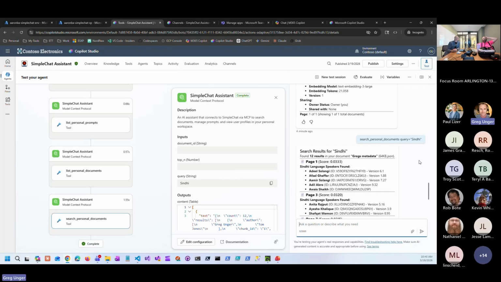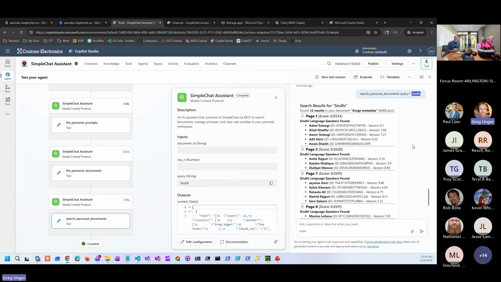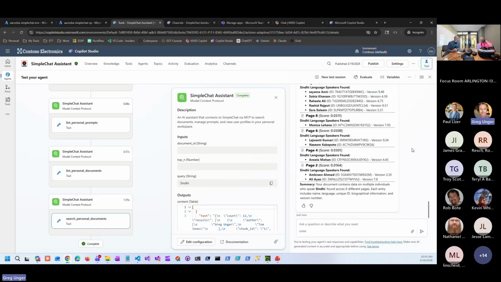So you'll see here's my result. And this is basically all the different documents where it's finding Sinhi, that keyword, and it's ordered. Now, I'm generating this response. So again, it's dealer's choice. It's up to your creativity, how you want to respond, the information that is included in the response, whether it ranks stuff like giving it a score, what have you. But this search is directly calling the Simple Chat API. So you can bulk this up. You can do anything you want. It's custom code running inside the MCP server.